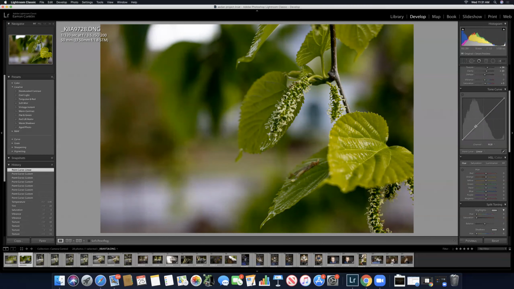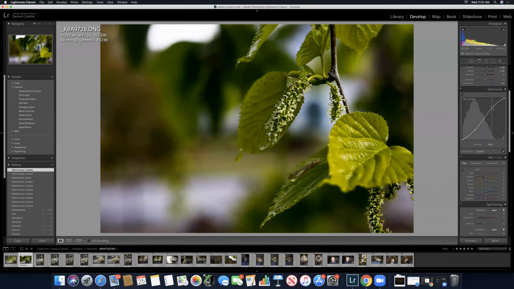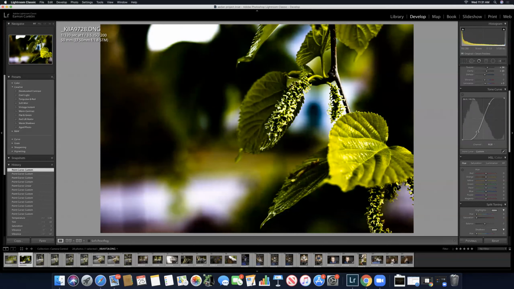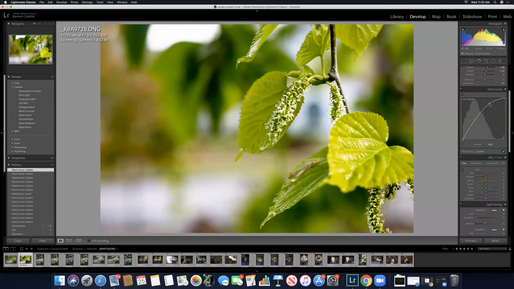I don't recommend using the tool in this way if you're new to Lightroom or new to Photoshop, because it's a little bit more abstract, the way you have to think about it. It's all about manipulating this line to kind of create the effect you want. So making a curve like this adds a ton of contrast,